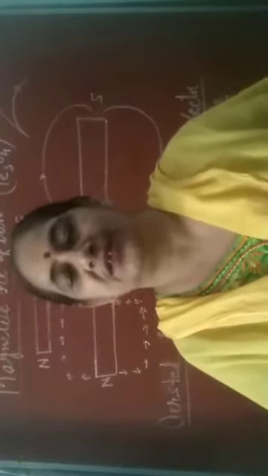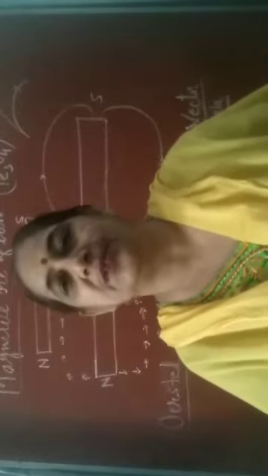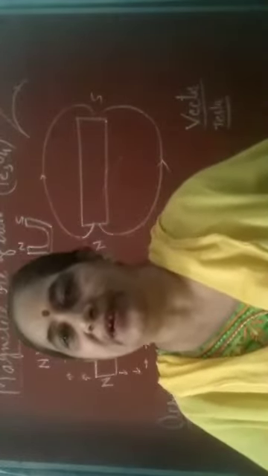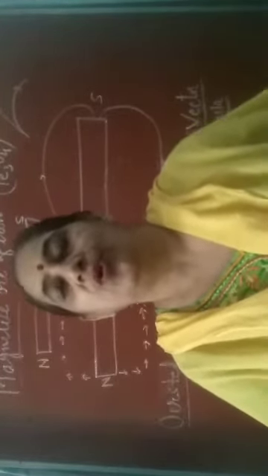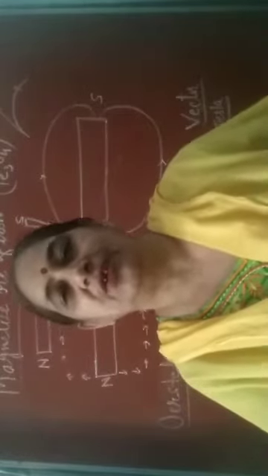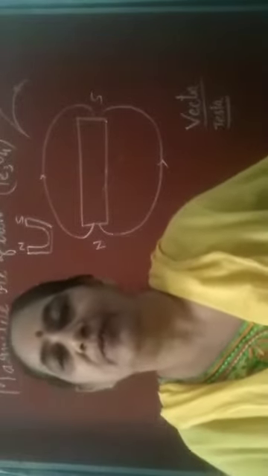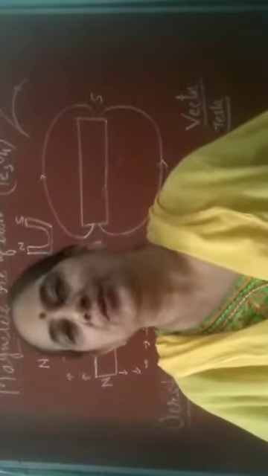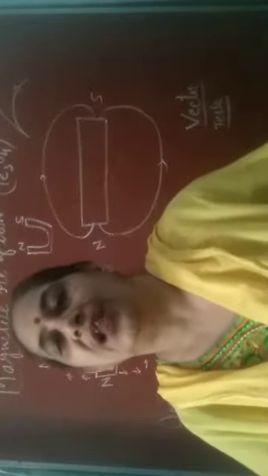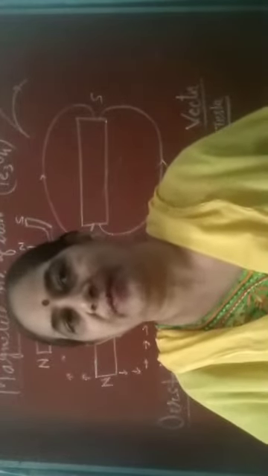A magnet has different characteristics. First characteristic, attractive property. A magnet can attract magnetic substances. Second property, directive property. A freely suspended magnet aligns itself in the north-south direction. Third, poles exist in pairs. That means we cannot have an isolated pole of a magnet. Always they exist in pairs. If we break a magnet into even smaller pieces, each will have two poles, that is north and south. Then, like poles repel and unlike poles attract each other if you bring two magnets close. So these are the characteristics of a magnet.